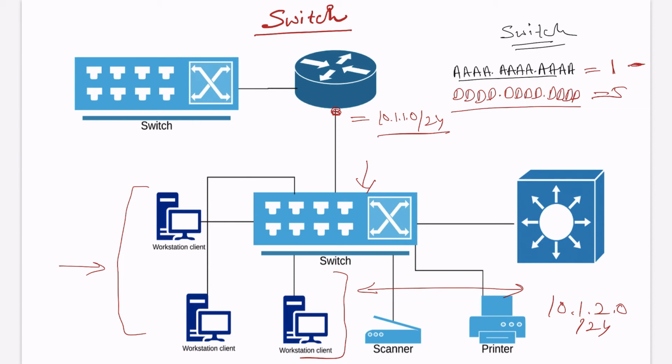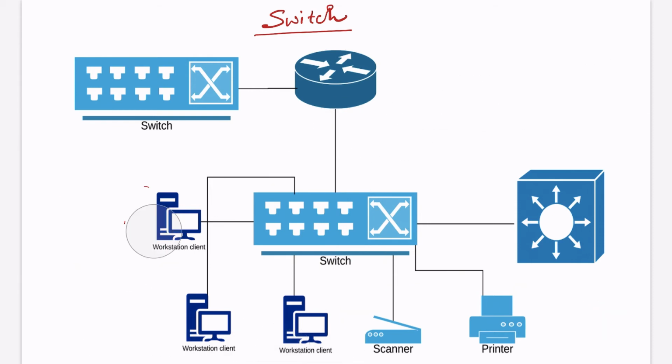By default, I told you all ports are in VLAN 1. So you can keep the first 3 workstations in VLAN 1, and you can move these 2 ports to VLAN 2. Just an example. So what will happen with that? The devices of VLAN 1 will not be able to communicate with the devices of VLAN 2 because these are in different segments. If you want the communication to happen, you need to have a device which can do routing for you. In this particular scenario, this interface is a single segment. You will not be able to achieve the desired results.